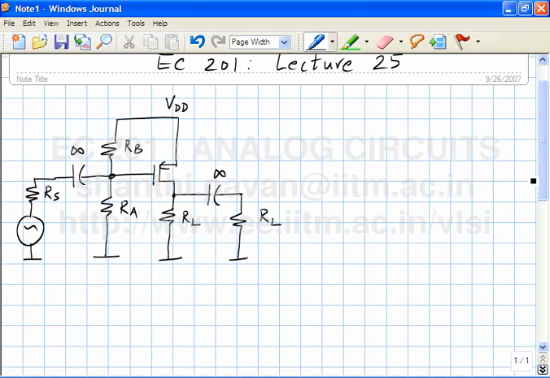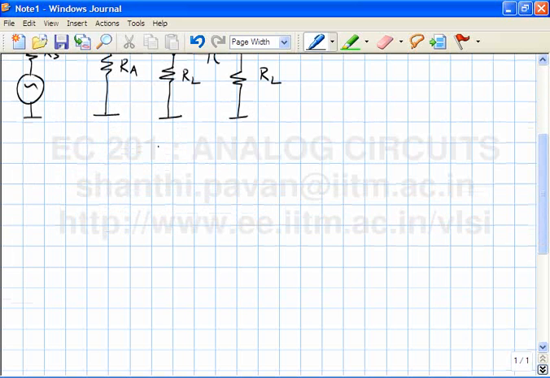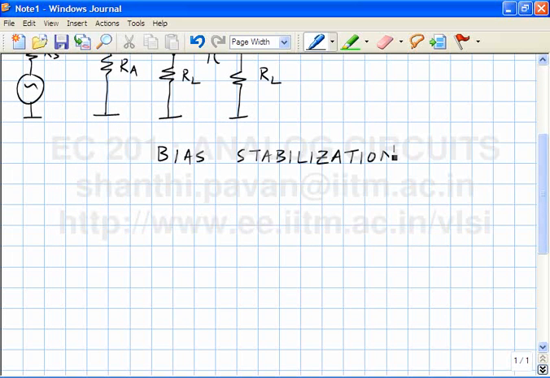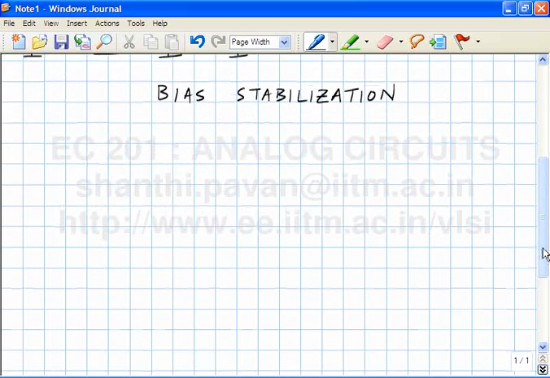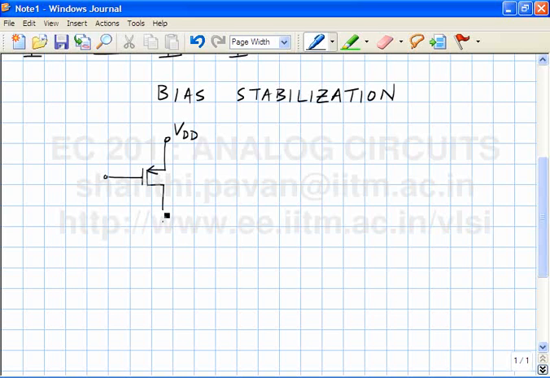Use negative feedback. So I will quickly go over what we did for the NMOS. The first thing that we considered for the NMOS transistor was to measure current in the drain and go and tweak the gate voltage, instead of going through that long-winded explanation. Now I'm sure you're all experts at this stuff. So what should I do? I should compare the drain current ID with IRef. IRef should be flowing in what direction? Must be flowing downwards. And if you look at the potential of this node